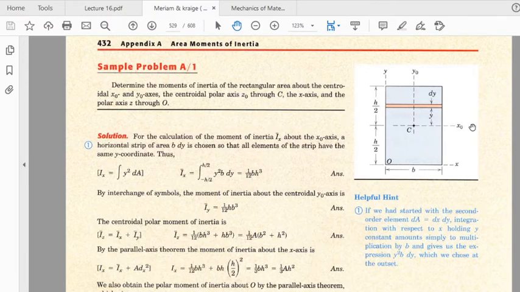So Ix bar plus the area of this rectangle times the perpendicular distance between x and x naught, which is h by 2. So a into (h by 2) square, and a is equal to b into h. So we can substitute that, and it will give us